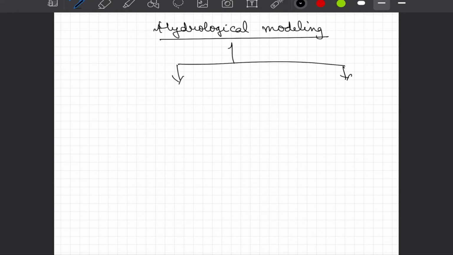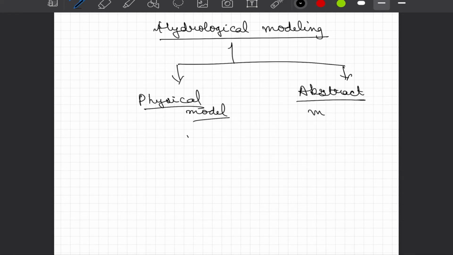As models try to simulate reality, we can have physical models, that is, small-scale hydrological models. The model that you have in the IIT Gandhinagar Hydraulics Lab is a physical model which represents a small watershed on which we simulate artificial rain and the discharge happens, and these are the experiments that you will do in your laboratories. Similarly, we can have abstract mathematical models that are based either on certain mathematical principles such as conservation of energy, conservation of mass, conservation of momentum, or they are purely data driven.